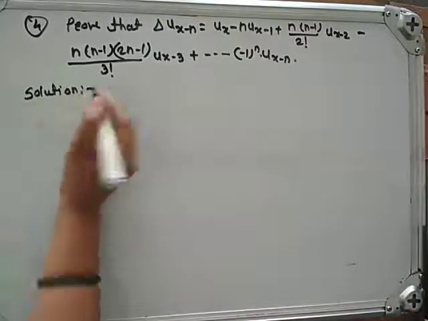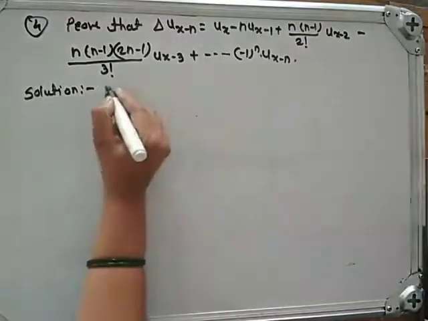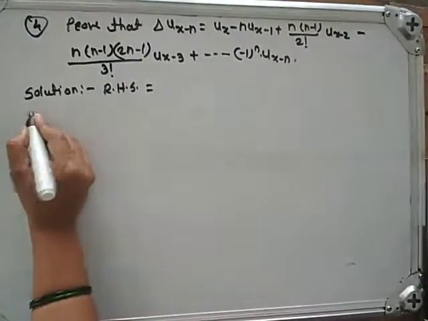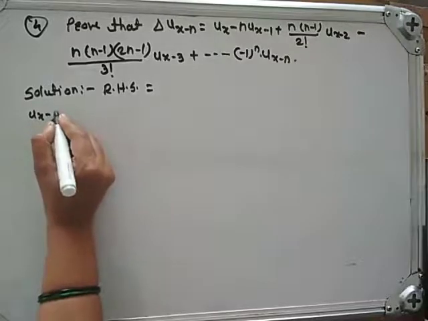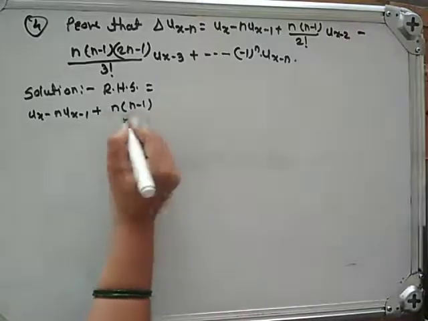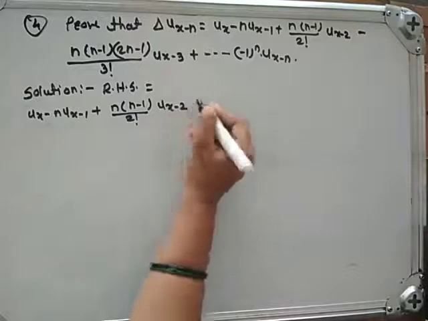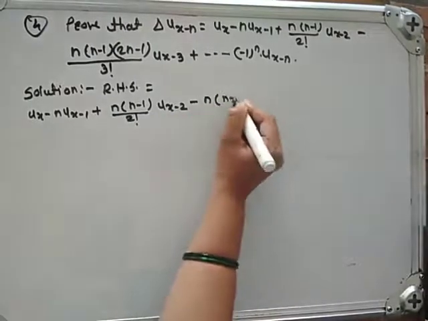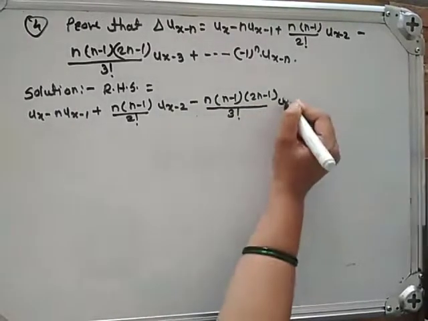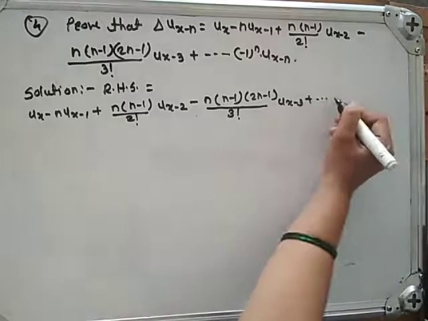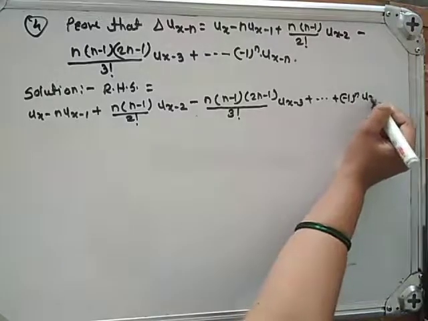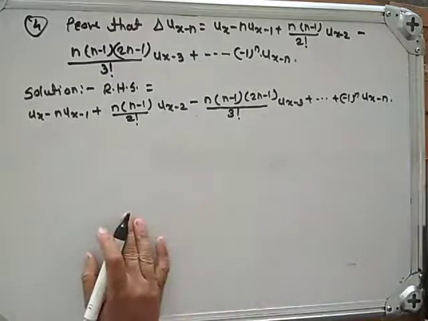Solution: RHS is equal to u x minus n into u x minus 1 plus n into n minus 1 upon 2 factorial u x minus 2 minus n into n minus 1 into n minus 2 upon 3 factorial u x minus 3 plus and so on plus minus 1 raised to n u x minus n. Okay,